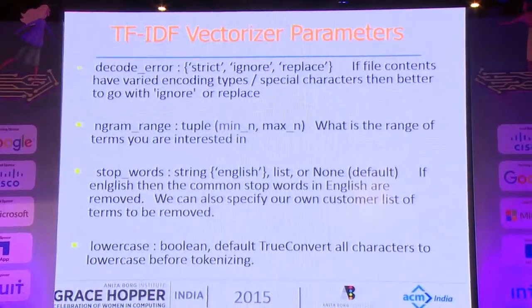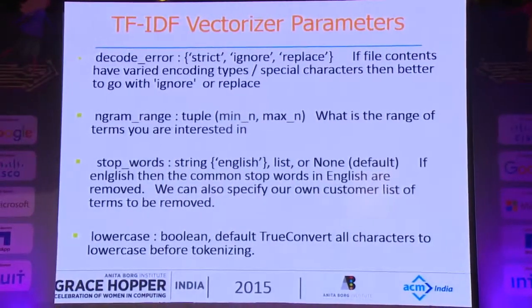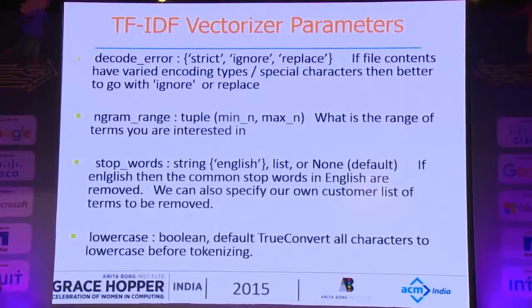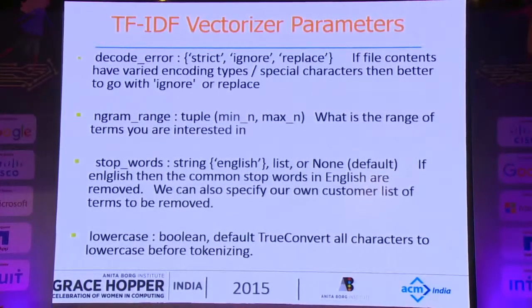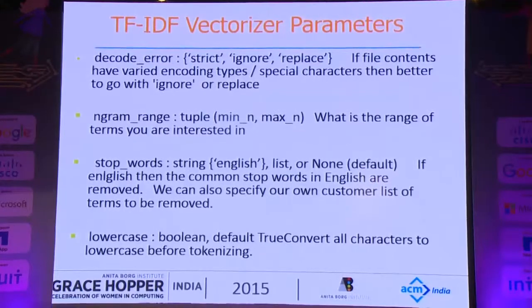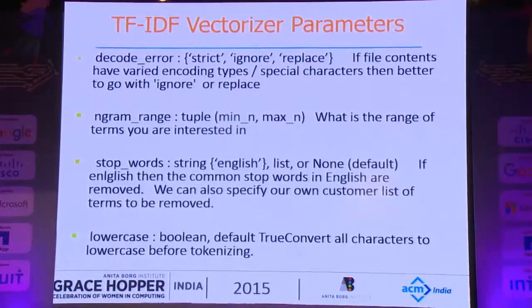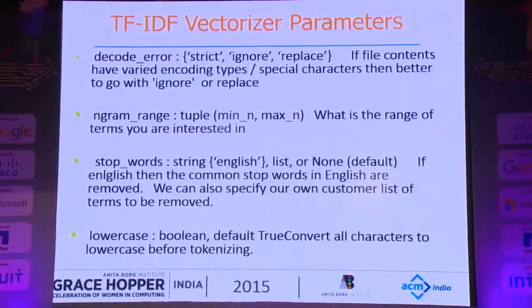So you can specify while doing the vectorization that you are interested in multiple grams, and what the range is. Is it 1, or maybe 1 to 2, 1 to 3? Sometimes you're not even interested in unigrams. You only say that you will go for 2 to 5 or 3 to 4. You can specify the range based on your understanding of the data. If in your data a bigram has more importance, you could just say 2 to 2, or 2 to 3. If I'm just interested in bigrams and trigrams, you just mention 2 to 3. So this is the n-gram range.